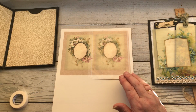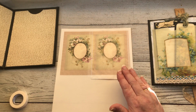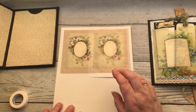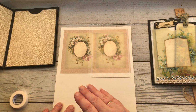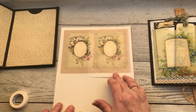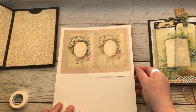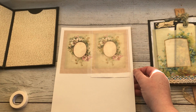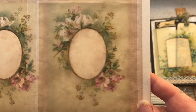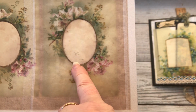Now you need to leave it a fair while for the ink to dry, and again this will depend on your printer as to whether you've got a laser printer or an inkjet printer. Some of them take a little while to just dry off, and especially when you've got them on a shiny surface like this. Now, it might be that my rollers are dirty because I do so much printing, but if I hold this up close, I don't know whether you can see, but I've got lines